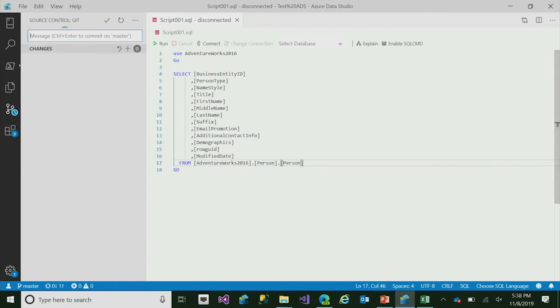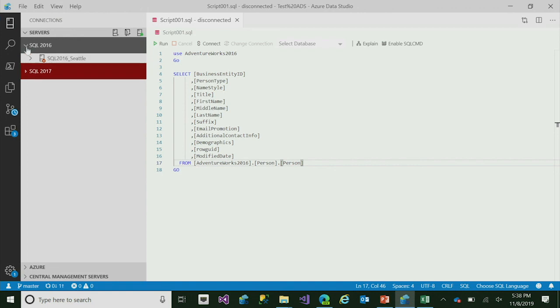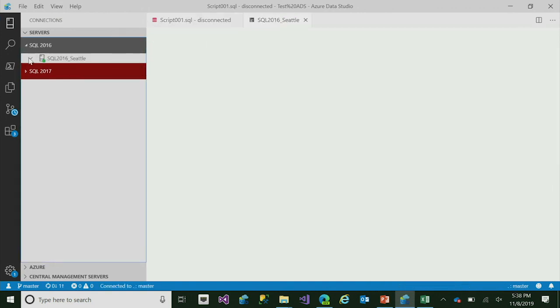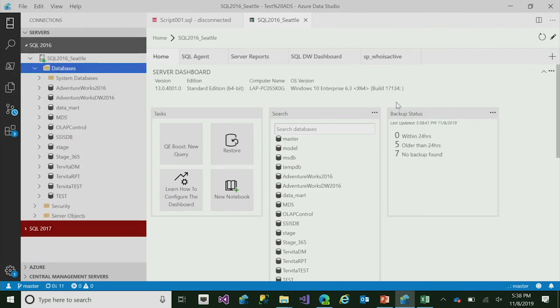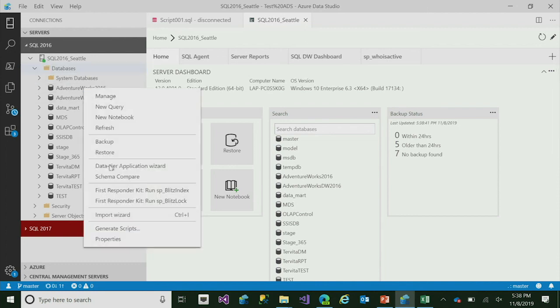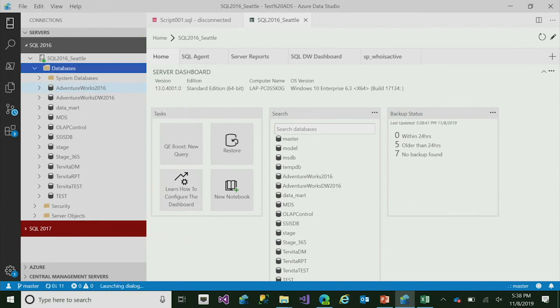Now they are kind of working around both tools. So if I go here and go to properties,